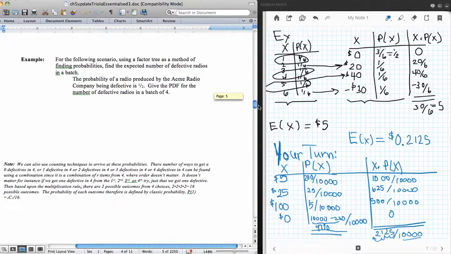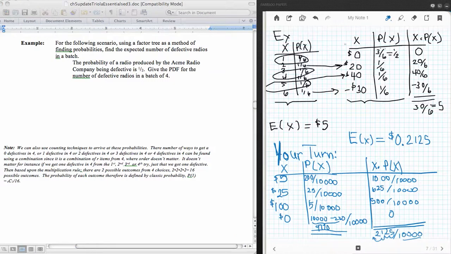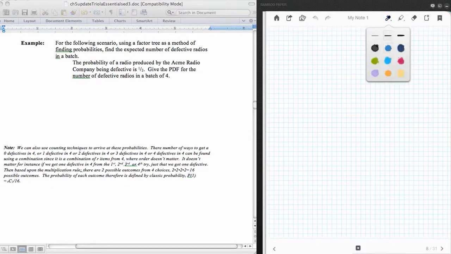All right, moving on. We have a scenario where we could use a factor tree as a method for finding the probabilities. So let's take a look at this example here. Using this factor tree, we have the probability that a radio produced by the Acme Radio Company is defective is a half. So because it's an even probability, a half-half, we can use the factor trees. If you don't have equally likely probabilities, it's a little bit trickier. It can be done, but we wouldn't want to do that. So we have a defective radio, and we'll call it a good radio. And so we're going to be choosing 4 out of these. So what I need